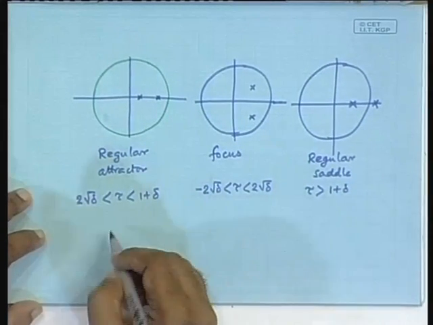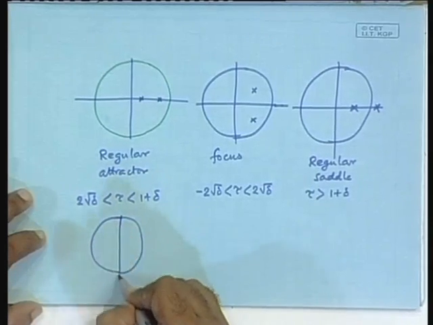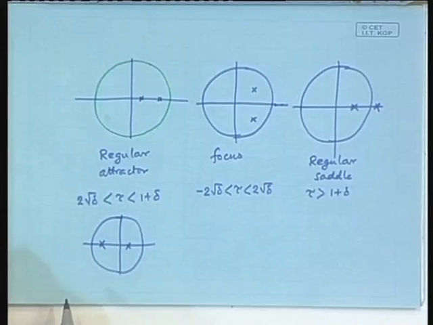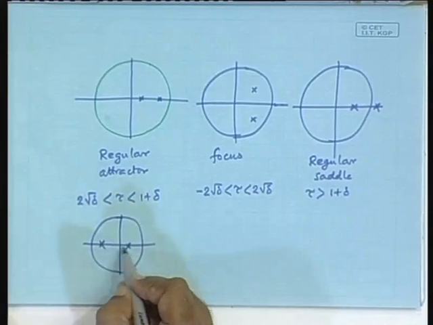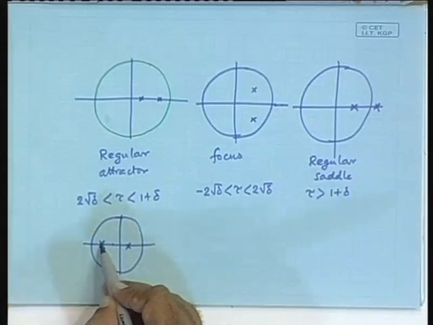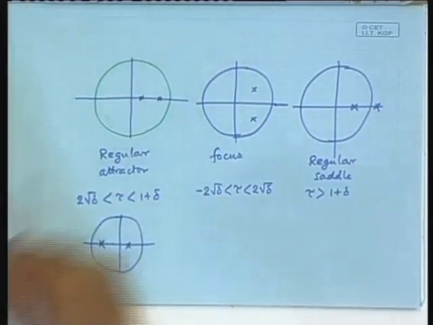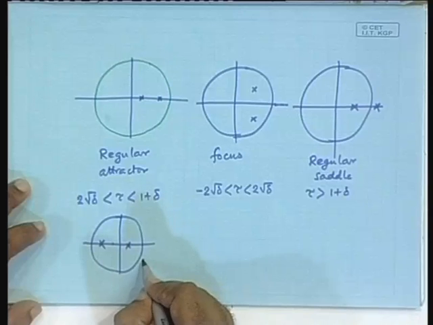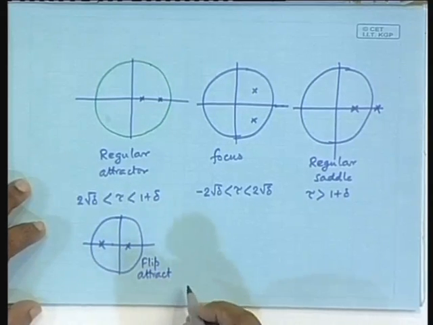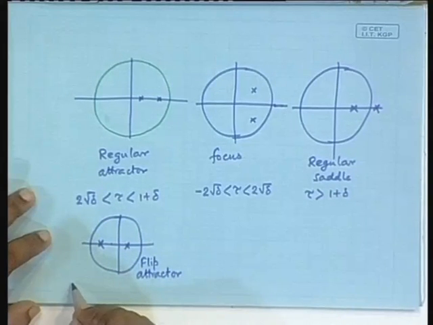So, then this is similar. Let me draw here so that we can finish within this page. What if this, or this can also be here, it is an attractor because it is inside the unit circle, but there is one eigenvalue negative, which means that there is a direction in which it flips. It is a flip attractor. Is it visible? Yes. When will that happen? Flip attractor, that is